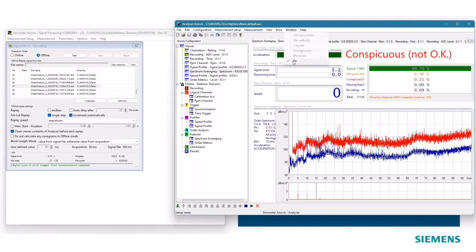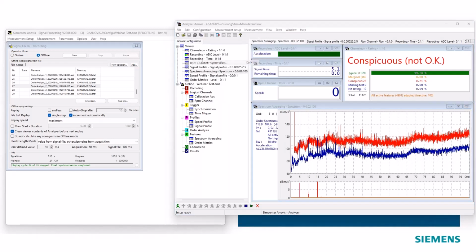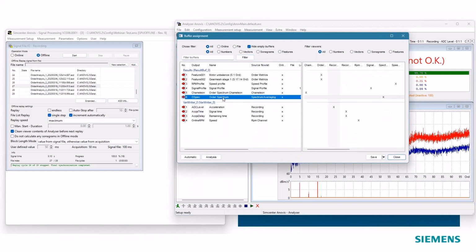And therefore, I add a new window to my viewer configuration. The order 5 was not a fault you were looking for originally. Order 1 and 17.14 were. Exactly. Order 5, this is something we found out that is related to the commutator of this electric motor. And so we already found out, okay, this could be an issue in that range. And we found out that some paper was not tightened in the right way and was flapping around the commutator and produces this noise, clack, clack, clack, something like that.